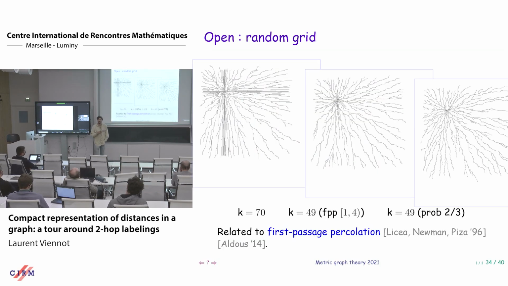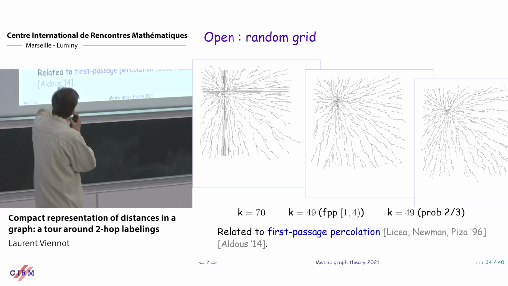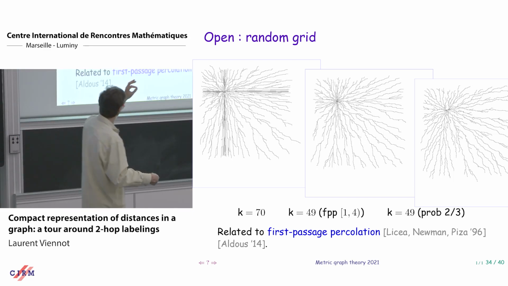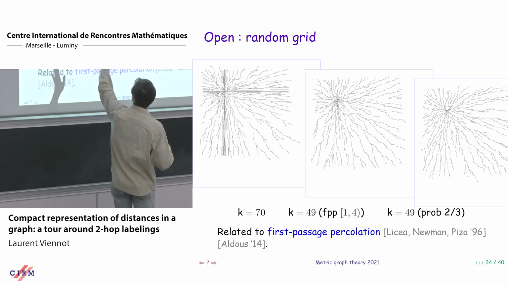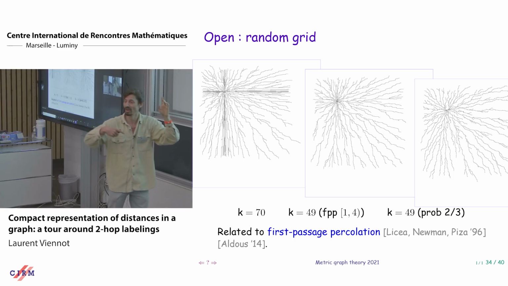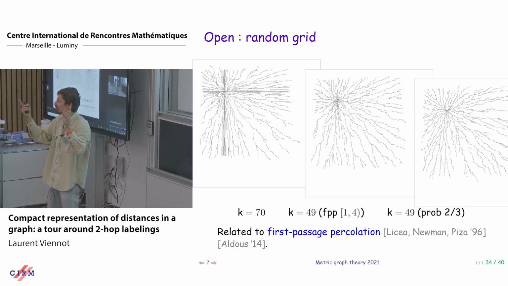So an open question is: what is the skeleton dimension of a random grid? On the left, I have the full square grid, and for each node, I have two choices for how to reach the top left node that I want to reach. If I am in this quadrant, I can go either left and then reach the node, or top and reach the node. So for each node, I have two choices.